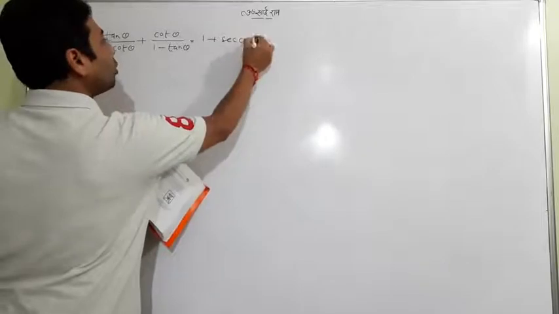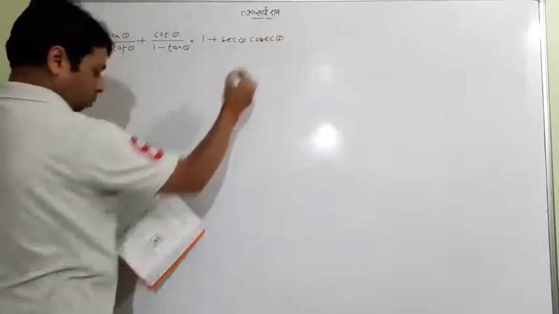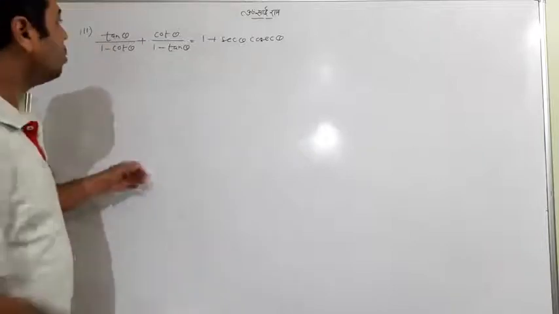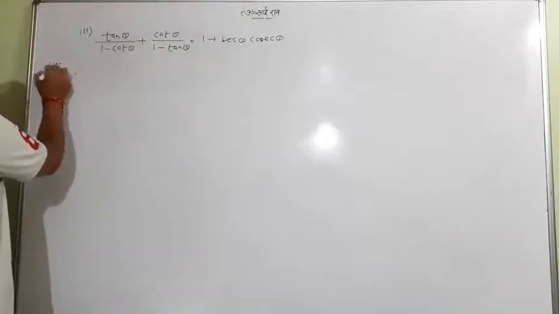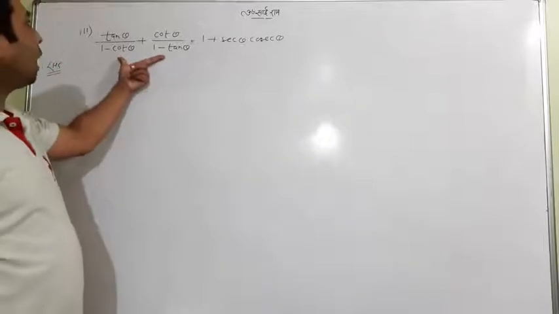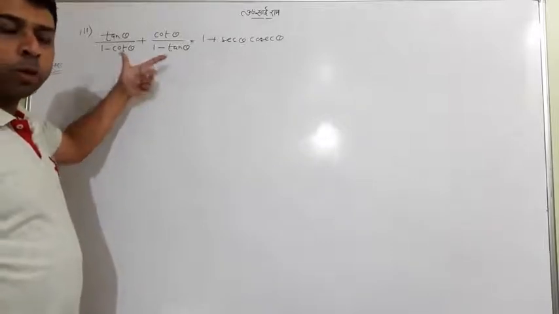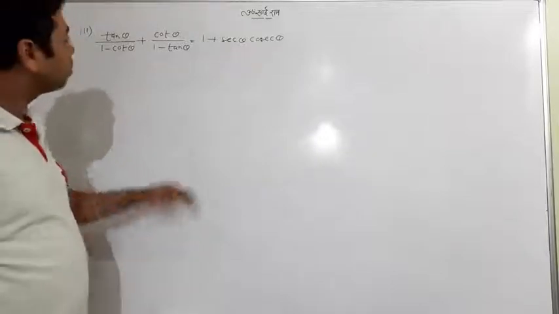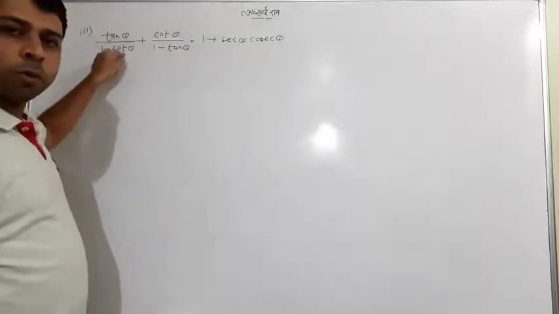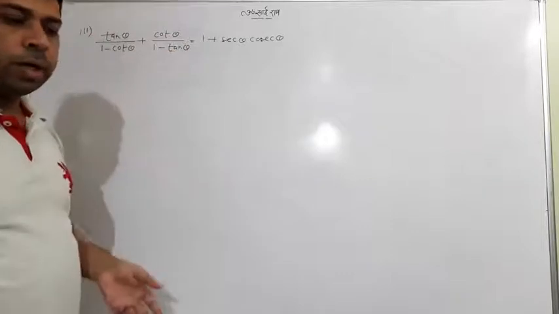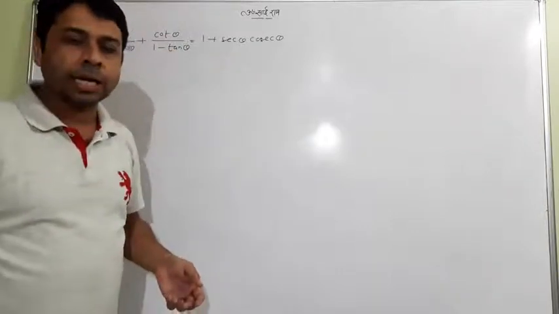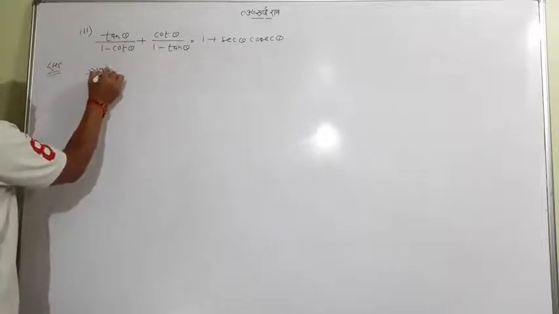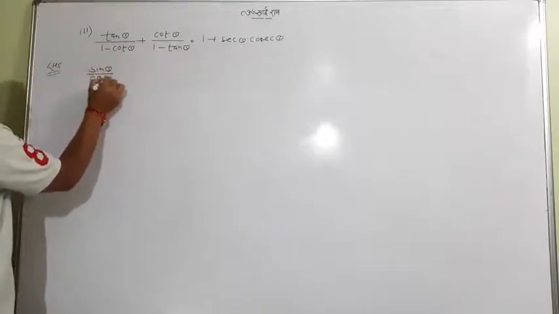The question is actually a bit long. Let's go there. What happened in this question? We take the LHS. I am not writing LHS again. Now what is my first step? My favorite first step is to turn all the tan and cot, or whatever trigonometric function, into sin and cos. So tan theta will be written as sin theta upon cos theta as usual.